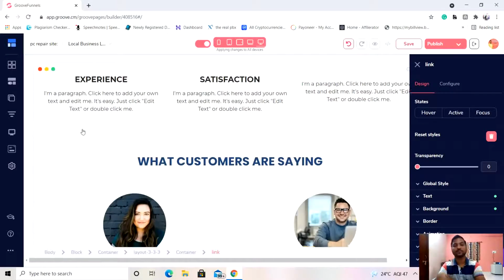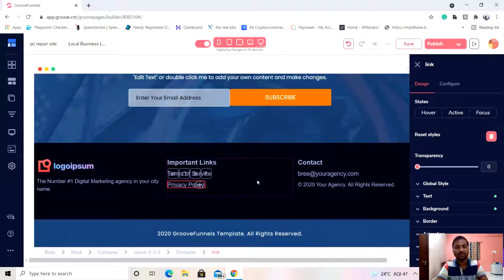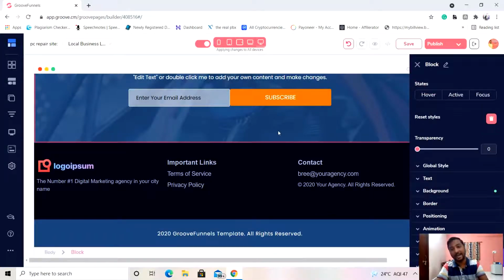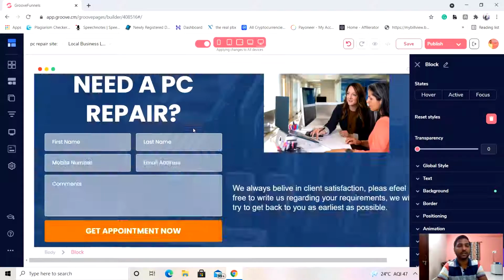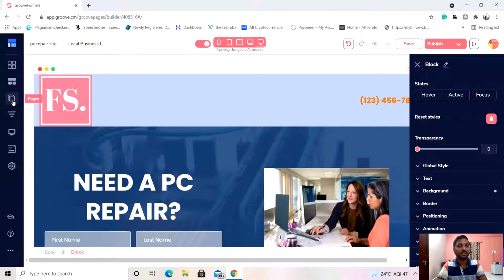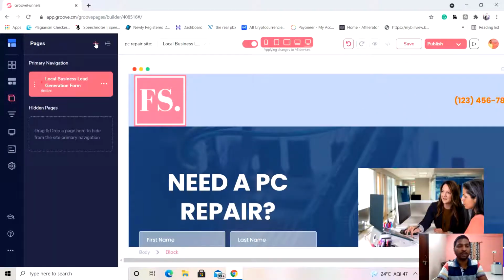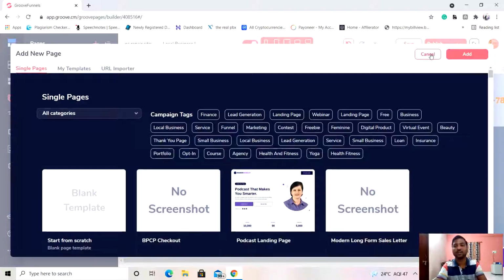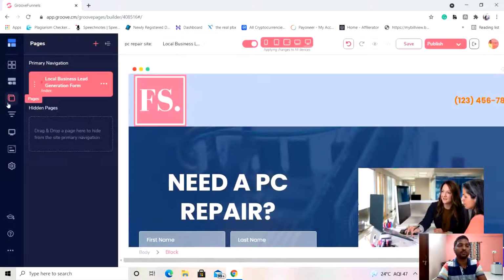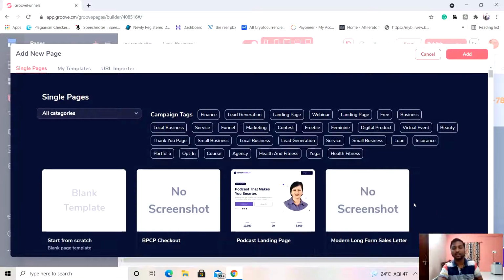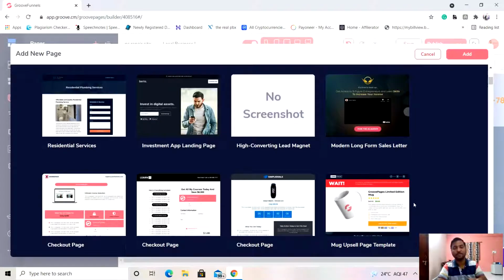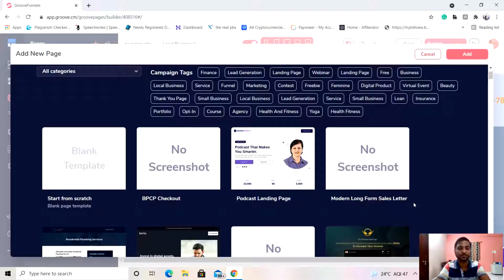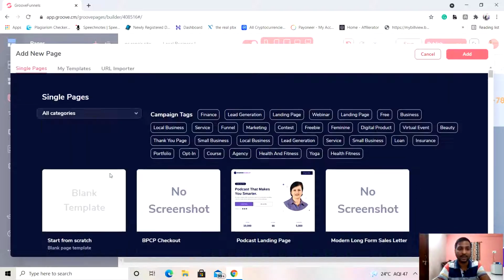Okay, so first of all, let me show you how we can add the pages. So let's do that as well. Okay, I'm just going to the pages area, and I'm going to add a page by clicking on the plus button. Let me show you. If you can see, when you select the pages option, at the top of that you will see a plus sign in pink color. You have to just select that, and the new page will appear in front of you. Okay, so this is something that you can do from blank, okay, or if you have the saved template.